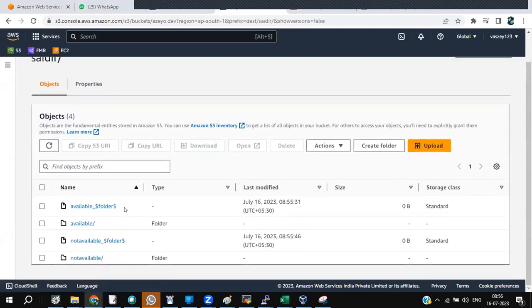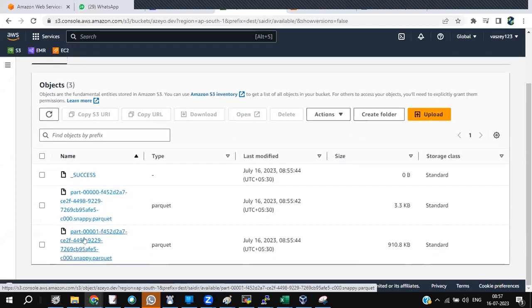See, available folder, file object. See, it's a file. Logo is file, this is folder. For the not available folder, again, it created a not available folder file object. Why does it create this? For backup. If any data goes wrong, when we put this data somewhere in the backup, we can easily get it back using this object. So the available and not available customers are created. If you see inside, you'll have Parquet files. Does that make sense to all of you?